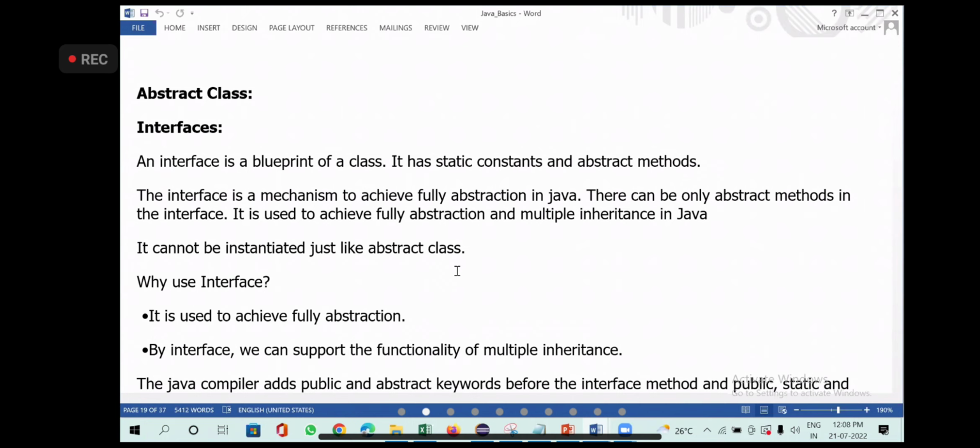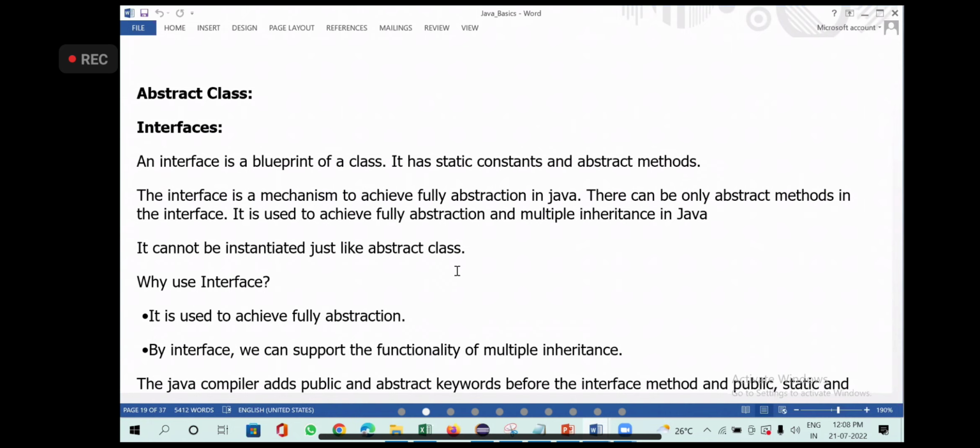A class that contains at least one abstract method, then that class is called an abstract class. What is an abstract method?